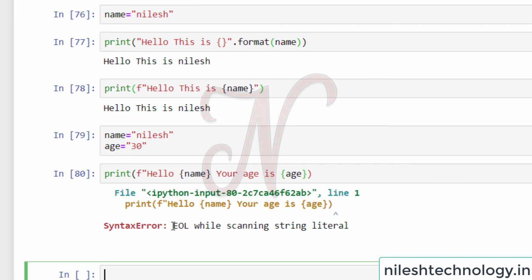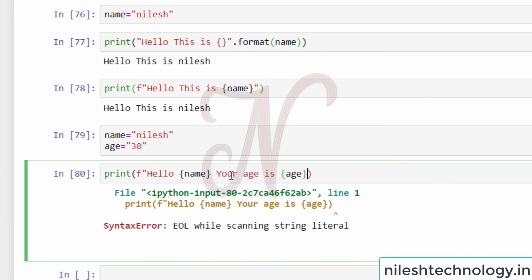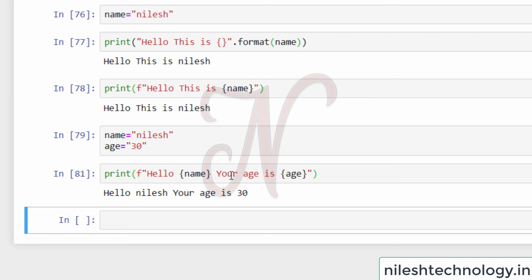Run. Here the double quote is missing. Run: hello Nilesh, your age is 30. So this is a really nice way to very quickly do string interpolation, which is just injecting the variable into the string itself. So these are some examples.